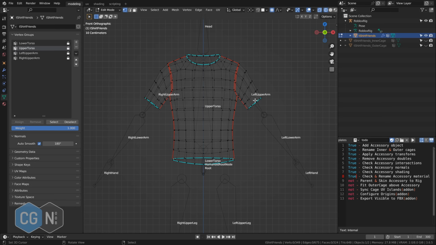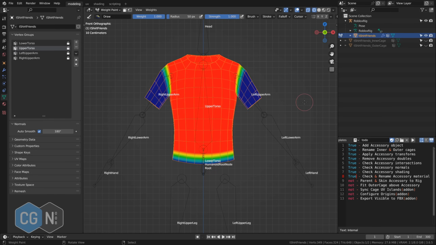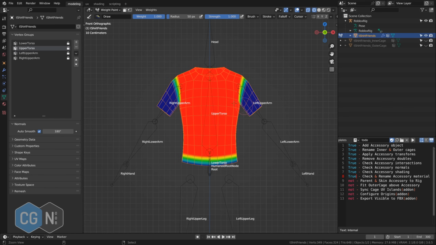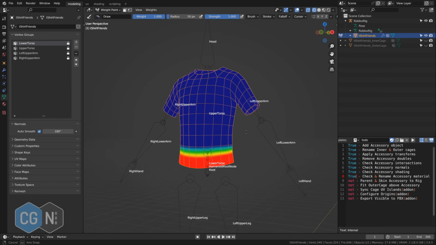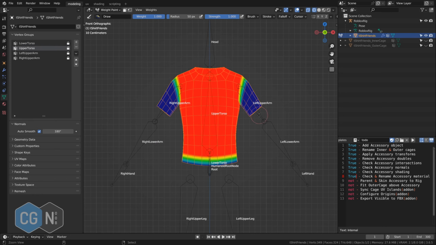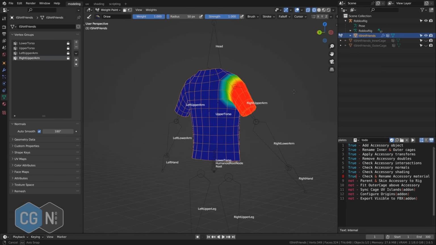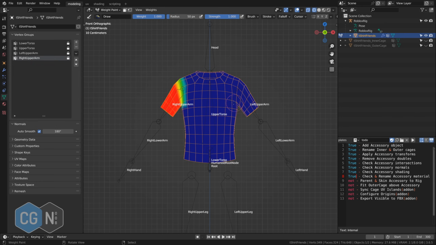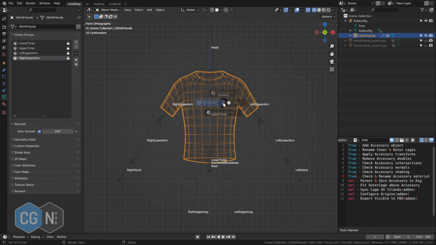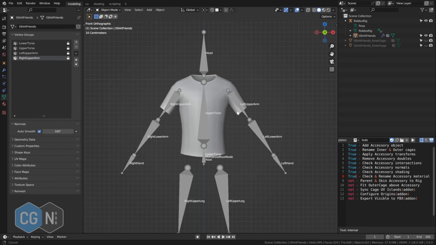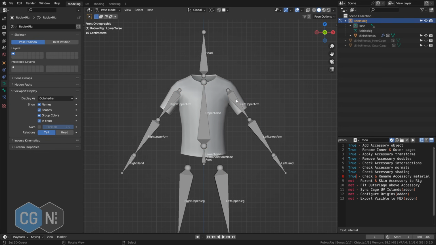Okay, and hide it. And let's go to the weight paint and test the weight painting. Actually, the lower torso, pretty good. Upper torso, okay. Left upper arm, okay. And right upper arm, nice as well. So, yeah. Okay, object mode, I just want to go to the solid mode, and let's test the rig in